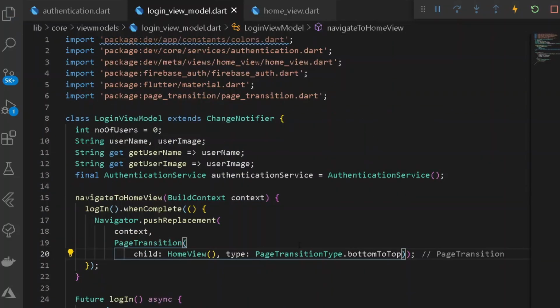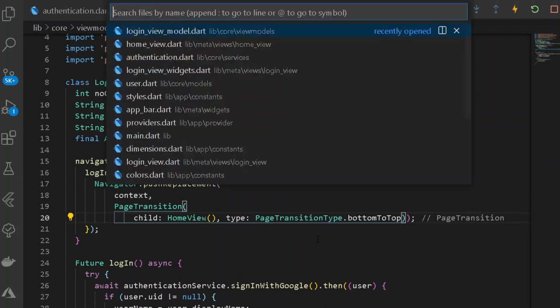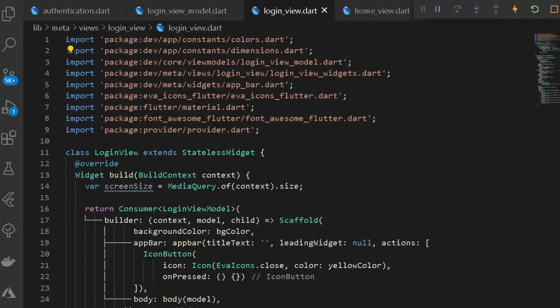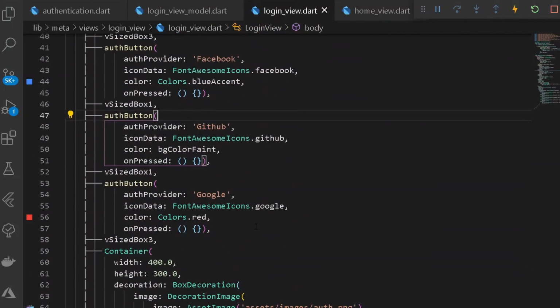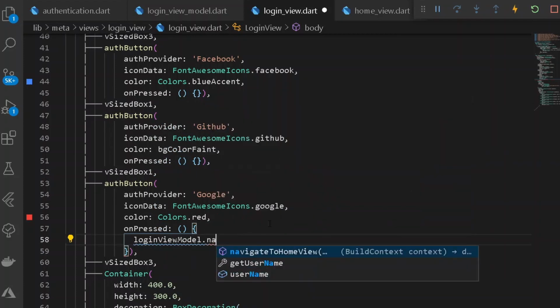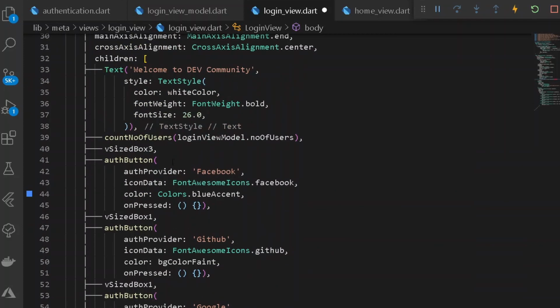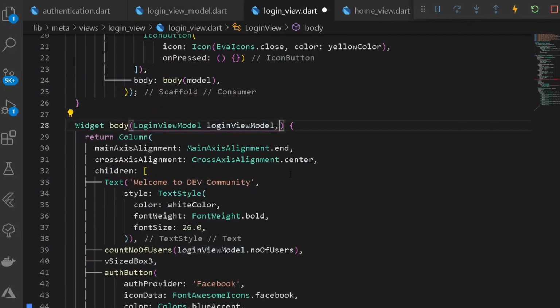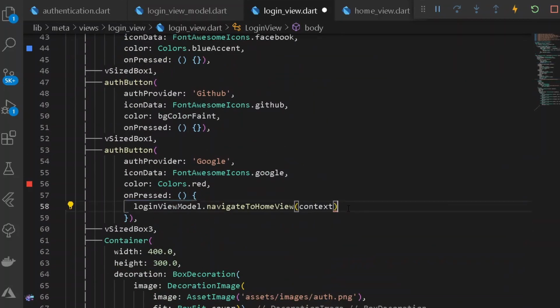So now we shall be doing one thing, that is move under our login view. Here under our login view we can come down at Google, and I shall be simply writing loginViewModel.navigateToHomeScreen. It will be taking a context. So here let's have one more property of BuildContext for a context. Similarly here we shall be simply writing context,